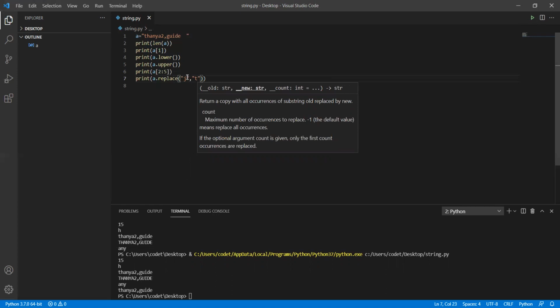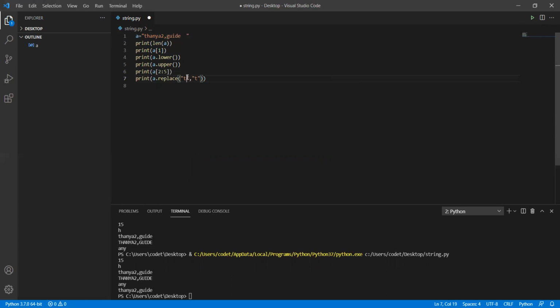Okay, but here if you see, if I change T with H, what do we get here? See here, Hanya guide, double H is there. So whenever you wanted to replace anything, the first one should be the letter you should pick from the variable. And the next one should be whatever you wanted to replace that with.